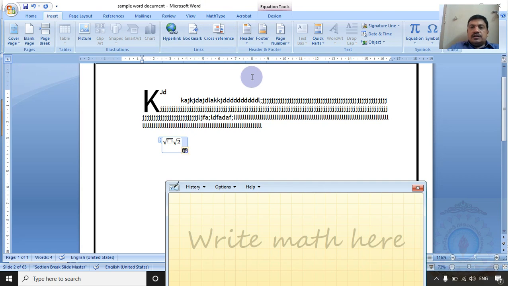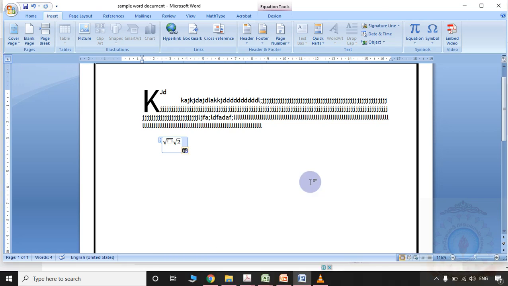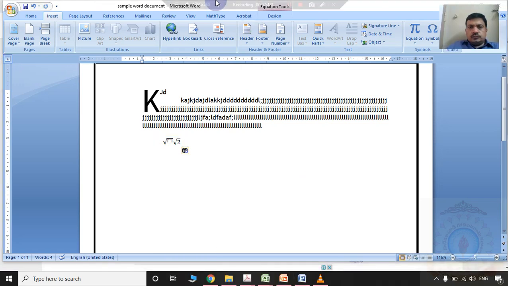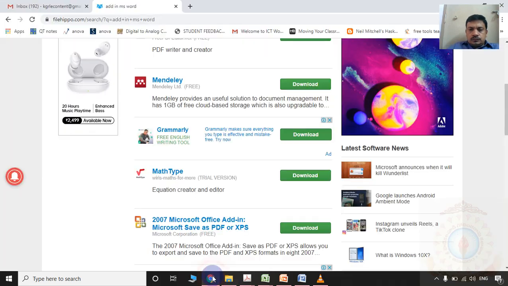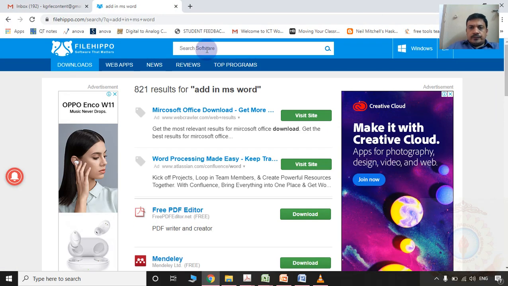I will show how to search from Google also. So go to Google search. Type the website name filehippo.com. A search box will come. Type add-in for MS Word.